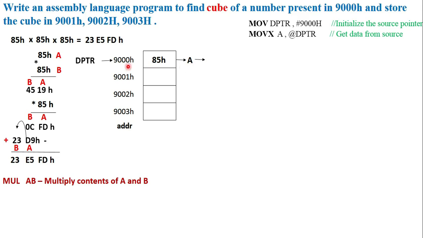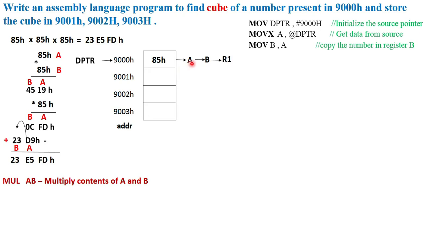After that, for multiplication, we have the first data in the accumulator, 85H. So we just have to follow this sequence to write the program, and the program writing becomes very simple. The second step, we need the second operand in the B register. So we need to copy the contents of A into the B register. The instruction which does that is MOV B, A. Now again, after multiplication we always lose the input number 85, and we need that 85 again for the next multiplication. So let's keep a copy of this accumulator into another register, say R1.